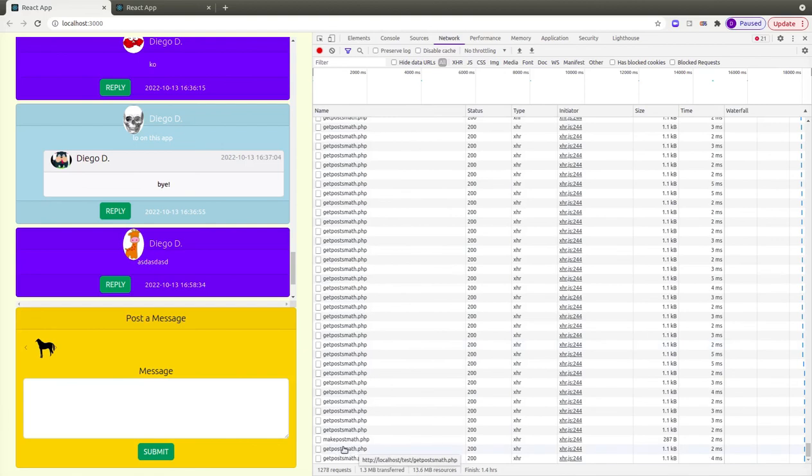Submit, so make post. You see that? Make post, get post, and those are the two PHP files. There were two. I always talked about just one, but two. One to insert it into the database, and one to extract from the database. So yeah, next episode we are going to deal with that,